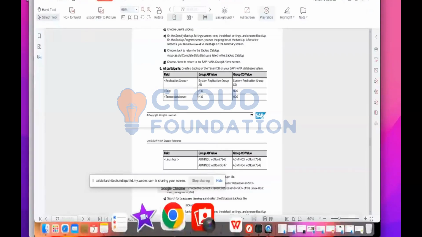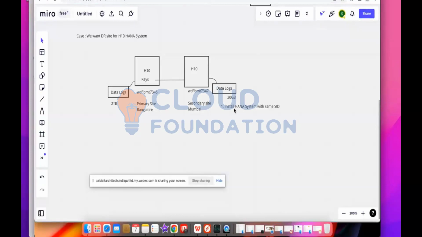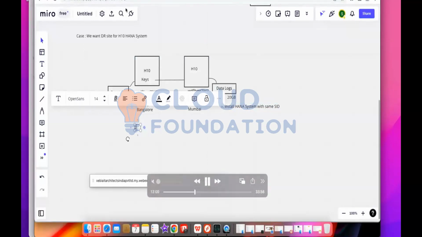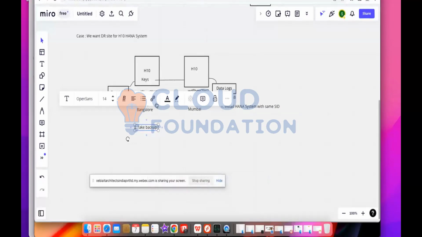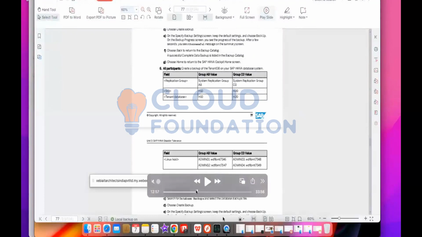Backup is done. After the backup is done, you can move this data to another host and install a HANA system with the same SID. You can see we have two sites, Bangalore and Mumbai. On the Bangalore site, we have taken the backup from HANA Studio. I have shown you, just right click on the system. You can take the system database backup and tenant database backup. Take the backup and copy all this media to the secondary site,